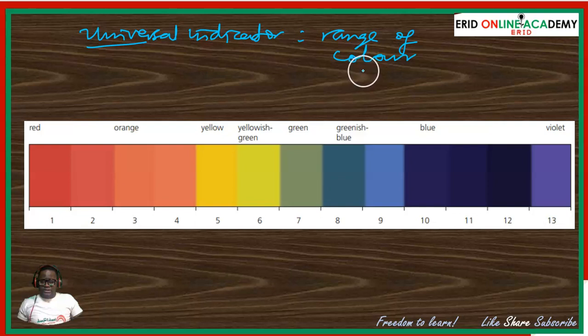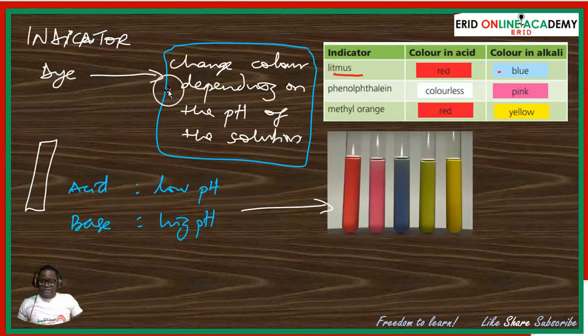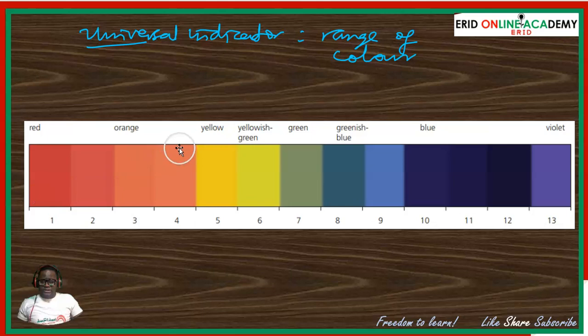So a universal indicator has advantage over methyl orange, litmus, or what? Or phenolphthalein. Because litmus or phenolphthalein can only indicate whether a substance is acidic or basic. They cannot tell you the exact pH of a substance. But a universal indicator has the advantage of specifying, number one, it can specify the pH of a substance,